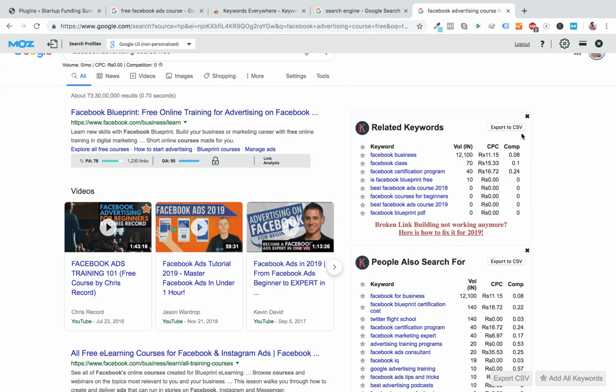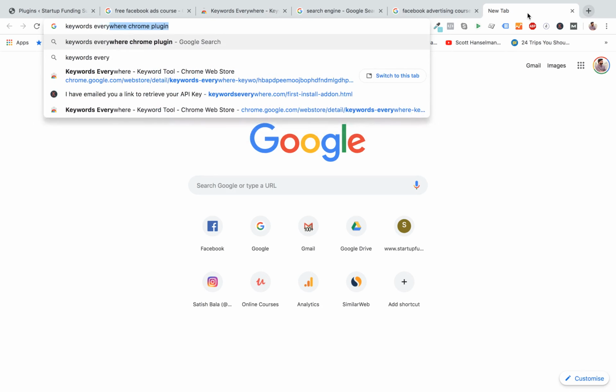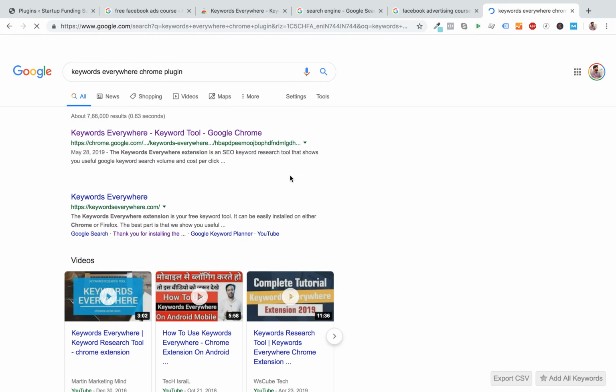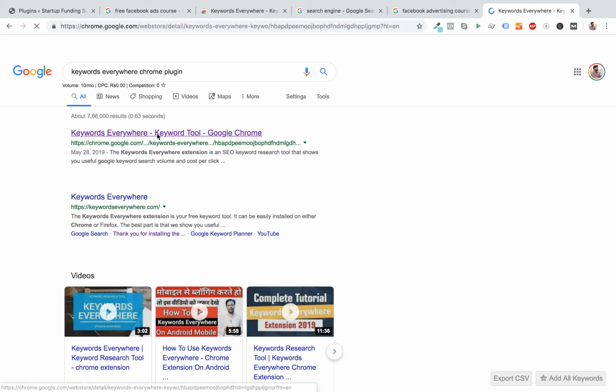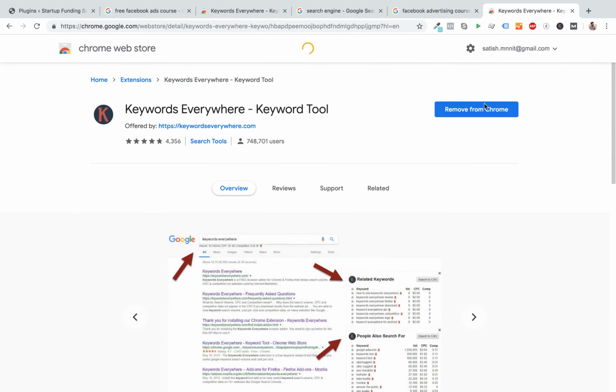Also, I have installed another tool called Keywords Everywhere, which is also a Chrome plugin. So these are some essential tools that we need to install to understand SEO, and they're very nice tools. So just go to Chrome plugin store, where you'll get an install button, because it's already installed on my system.